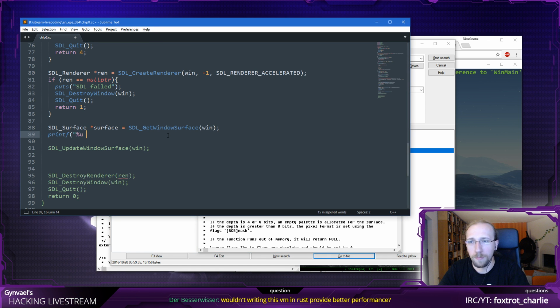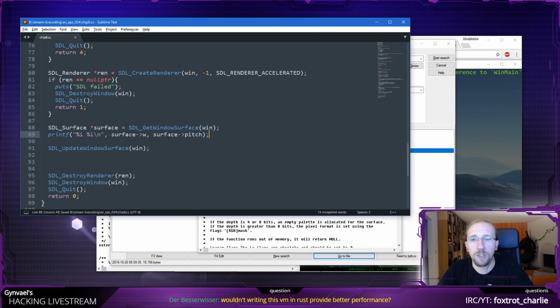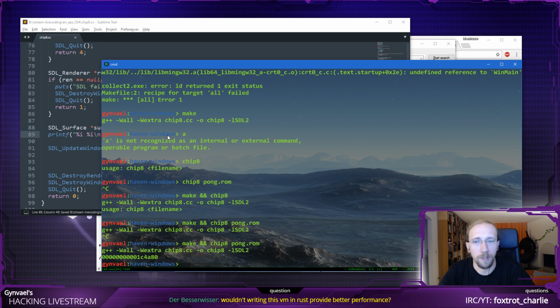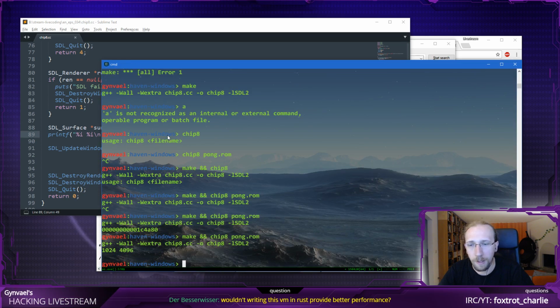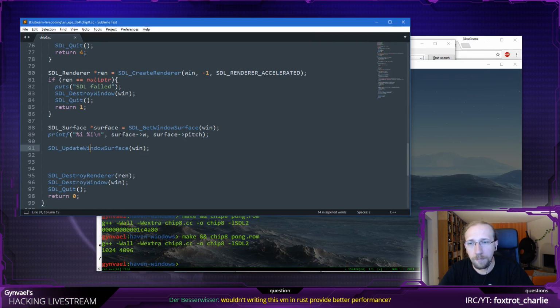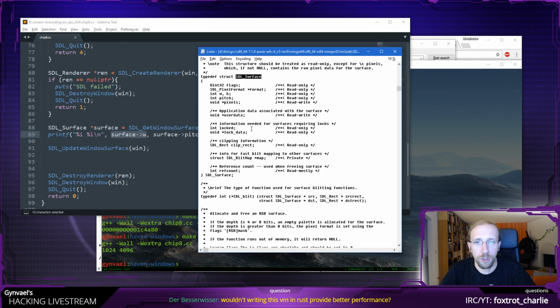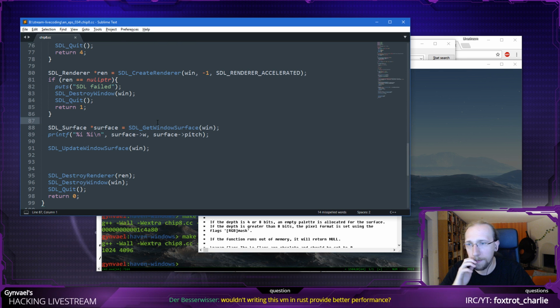So I'm going to print, sorry, is it int? Yeah, it's int, both of them, surface W and surface pitch. And pitch should be, I think, 3 times or 4 times the... Yeah, so it's 4 times the width, which means there are 4 bytes per pixel, which I'm fine with, I guess.